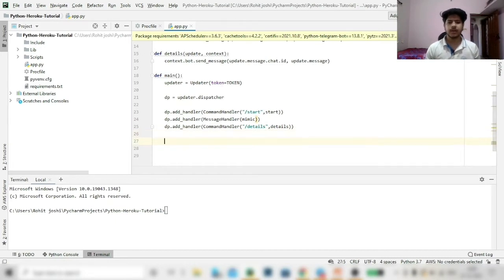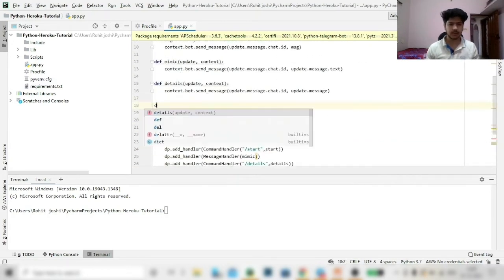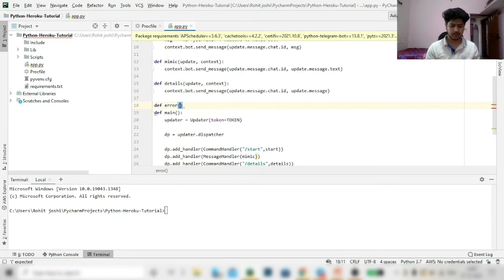So here we need to create one more handler, an error handler, in case we get some error. Let's say I'm using a function called error for this error handler.